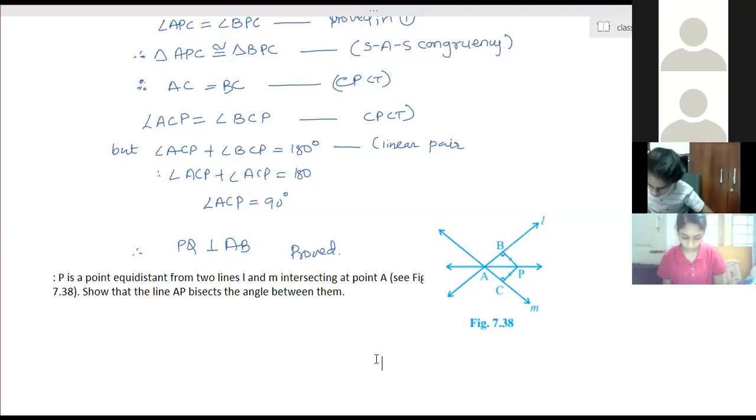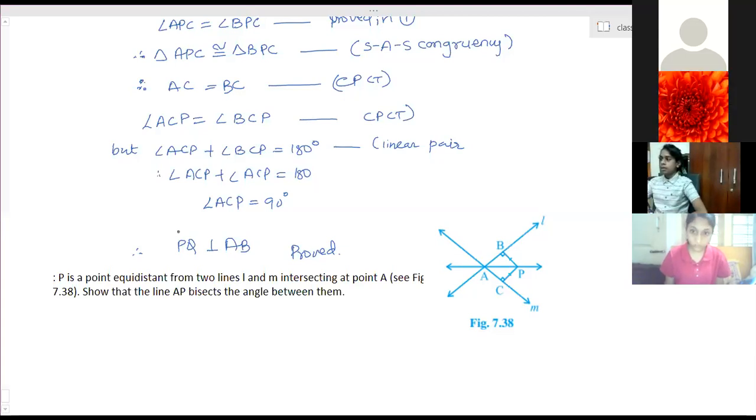So therefore angle B and angle C are also 90. It is not given. If this figure is not given, you will get confused. So according to the figure, you have directly written that angle B and angle C are 90. Remember always, don't consider that a diagram will be given every time. Everyone see carefully. This is a line L. Point P is here. So P is equidistant from L and from M.